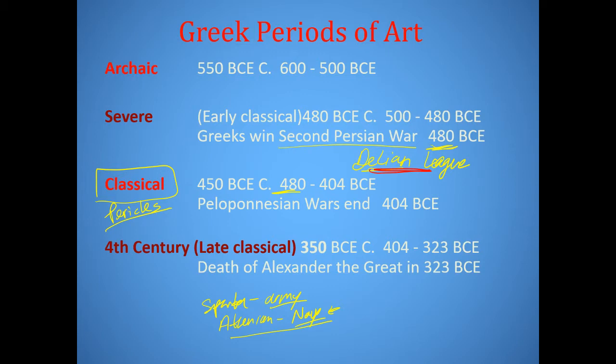Now, historians will tell you that what should have happened, or maybe what was supposed to happen, is when the war was over, all of the money that had gone into the Delian League was supposed to be returned back to the individual city-states. But what happened instead was that Pericles, who was in charge of the Delian League at that time, and was also an Athenian statesman, was elected archon, which is kind of like the equivalent of president of the United States in Athens, and he used the wealth and the money to rebuild the city,